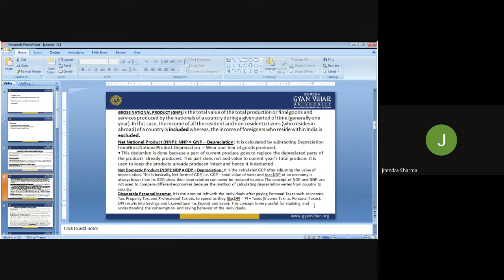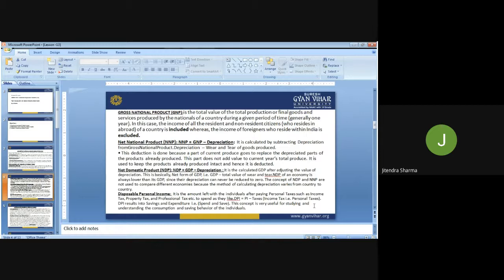The net domestic product of an economy is always lower than the GDP. Since from GDP we reduce the depreciation, that's why its amount is definitely less than the GDP. Since depreciation can never be reduced to zero, the concepts of net domestic product and NNP are not